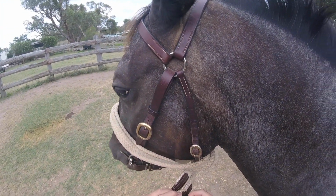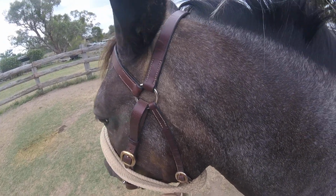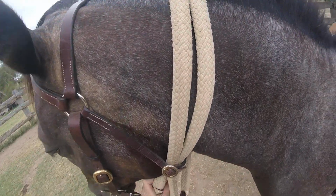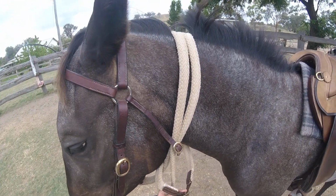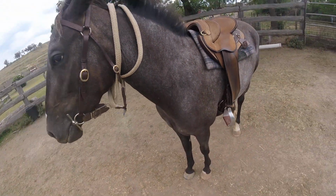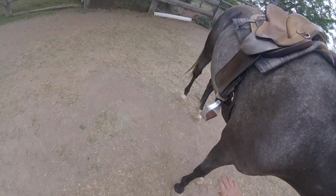That's maybe a better way to get it done. Now you can't get caught in that. Actually you can. So we'll go this way. So what I'm trying to do is set her up not to fail and me up not to fail by making sure that while I'm making her stand still, if she needs to tend to her foot or she needs to itch, which I think she does because I think there's some kind of